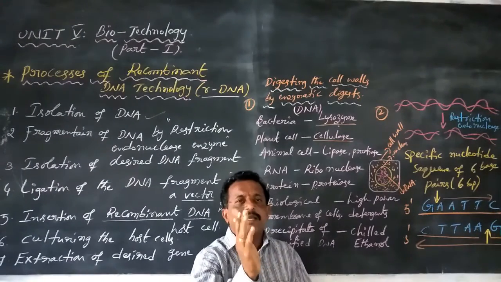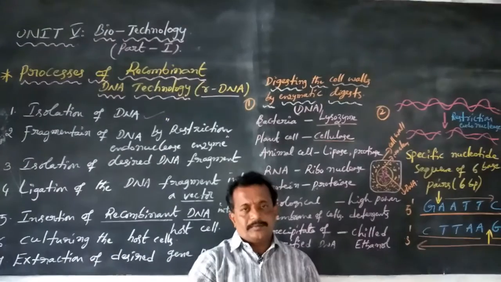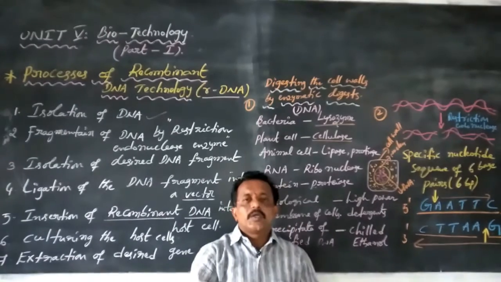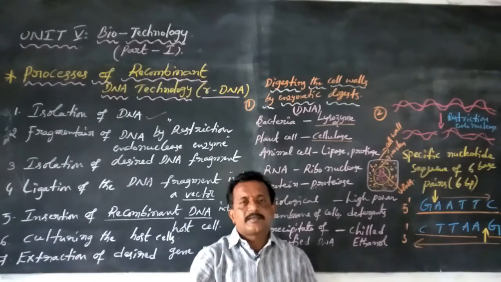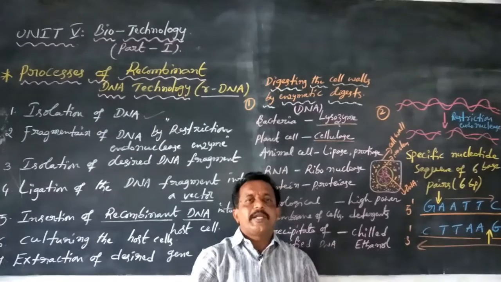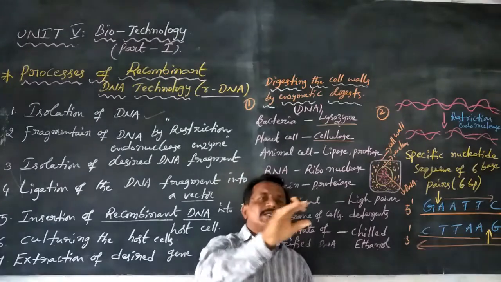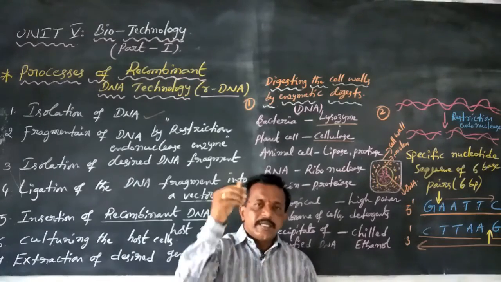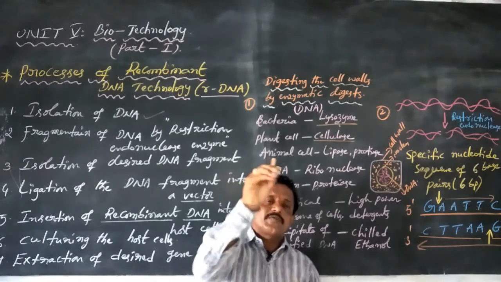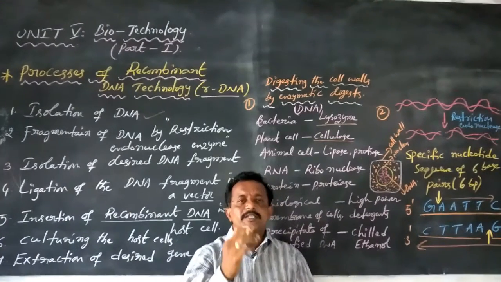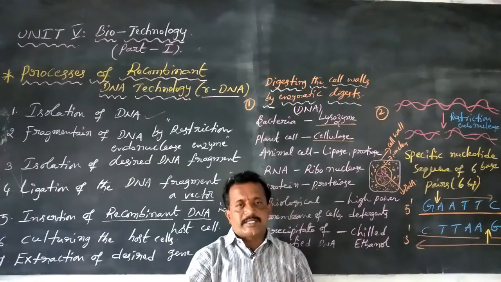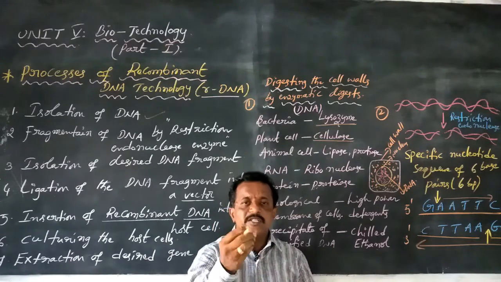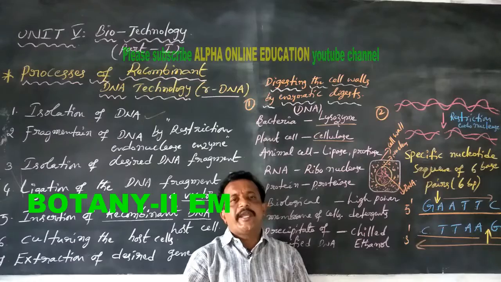Why? Because Escherichia coli acts as a vector. The plasmid vector carries the human insulin genes, and then a recombinant DNA is made. This recombinant DNA contains the human insulin genes, and it is then transferred into a host organism. This host organism produces large amounts of insulin hormone. Nowadays these insulin hormones are called humulin.